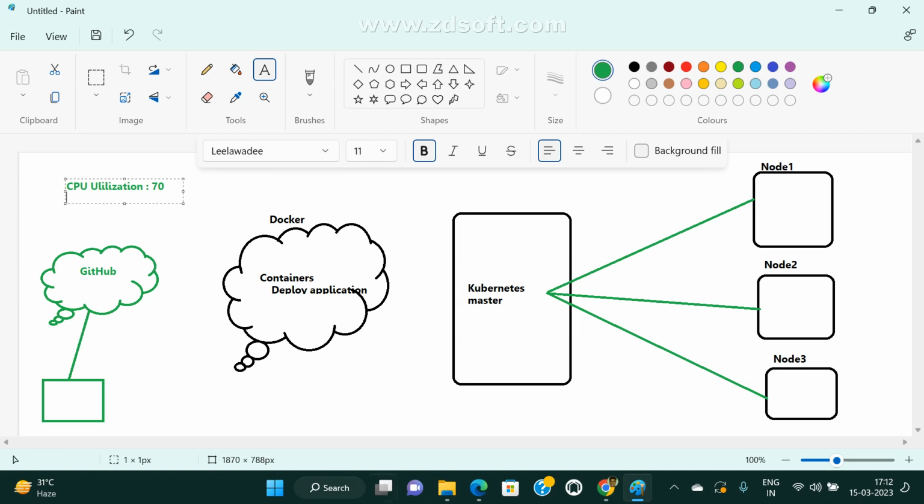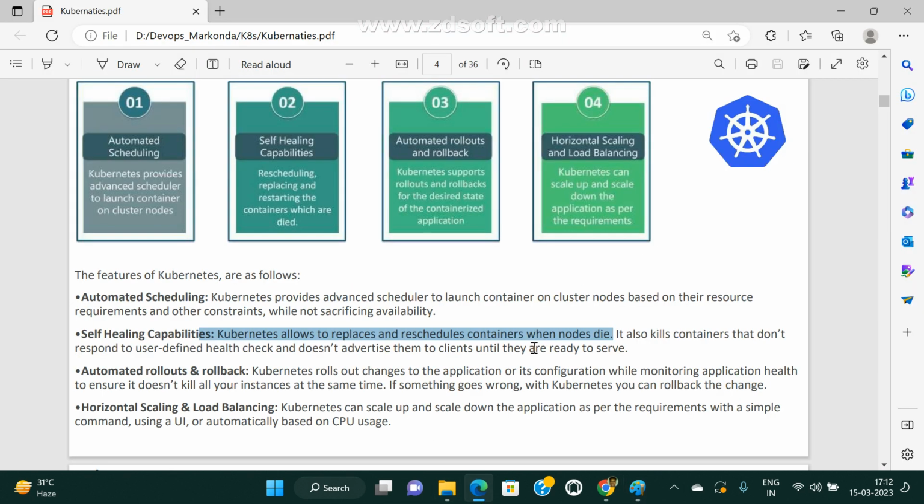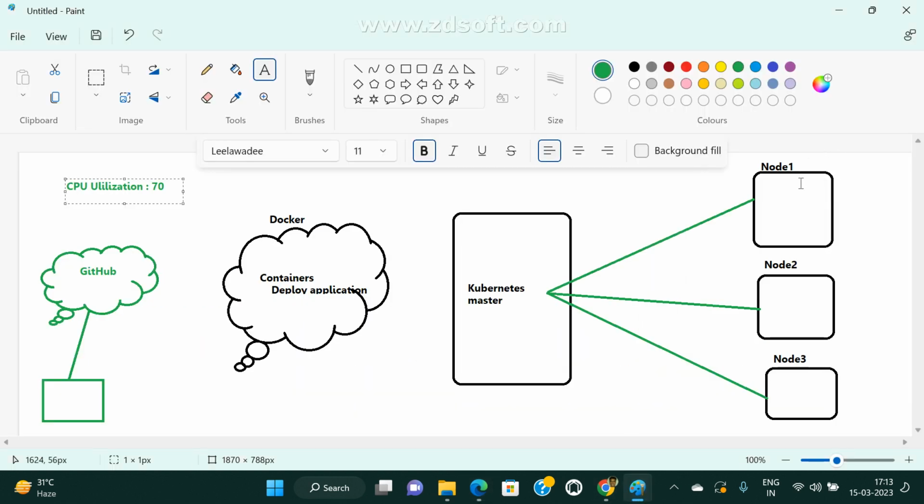If this node is not working, see here: it schedules containers when a node dies. It also kills containers that don't respond to a user-defined health check, and does not advertise them to clients until they are ready to serve. Now this node is not working, so I don't want to send my request to this particular worker node.